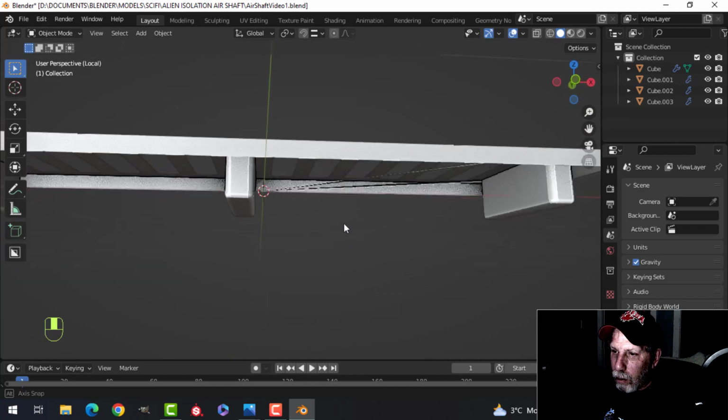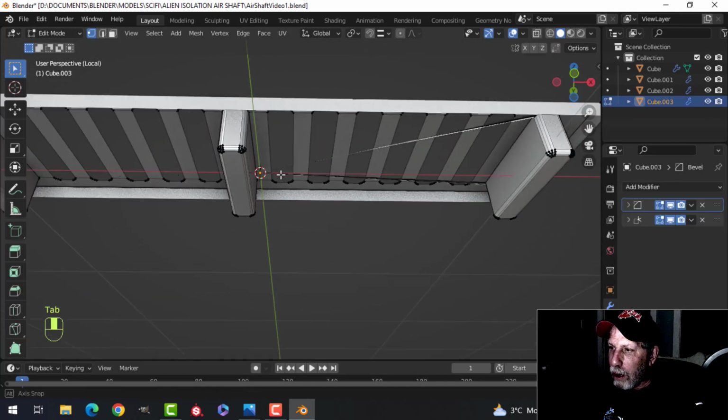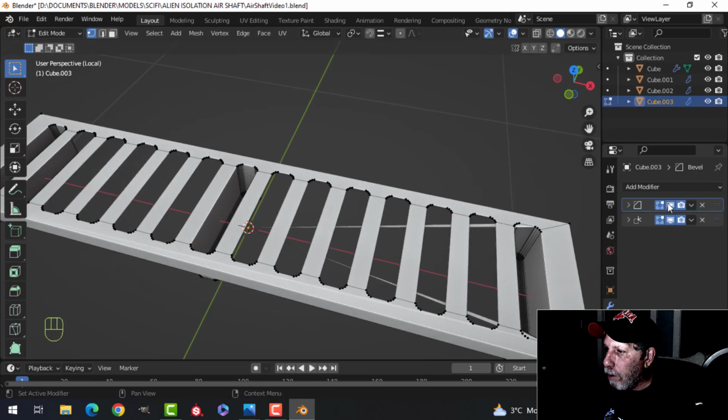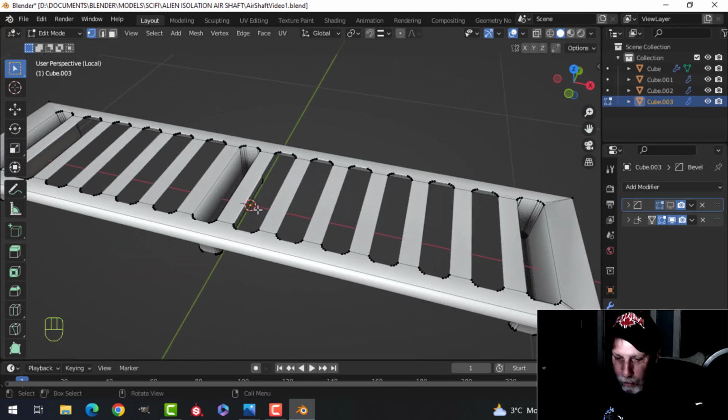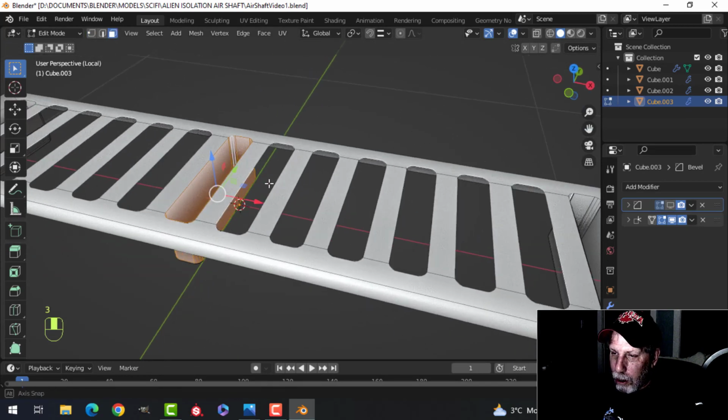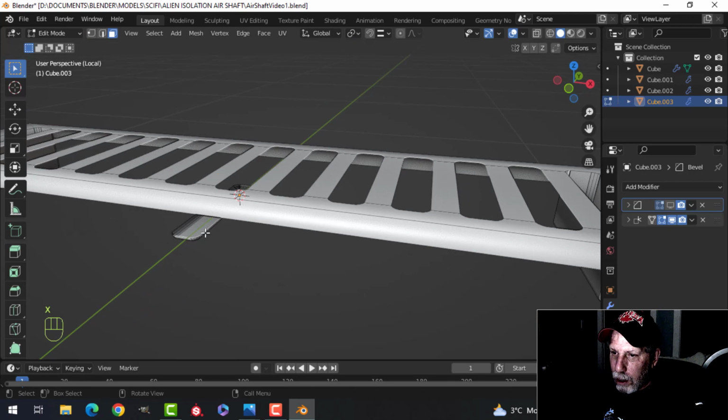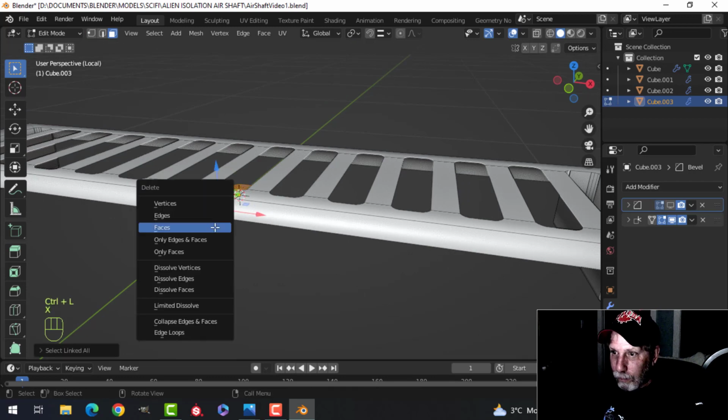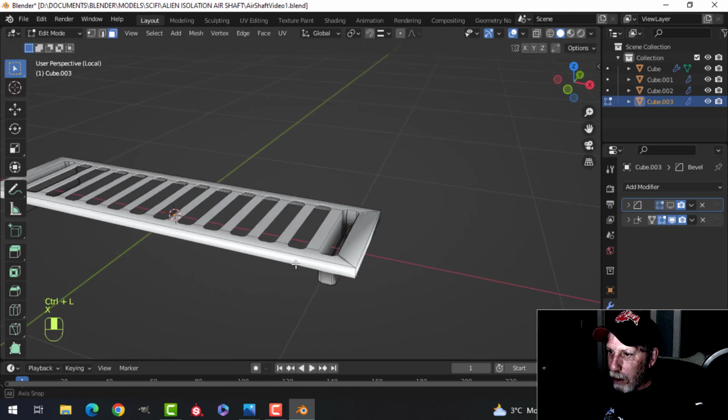We got some issues, but we can probably solve those. I don't like the way, now that's probably just the bevel going nuts. Didn't like the way that happened, but I'm going to select these and delete those faces. Control. That was a little messy. It is messy anyhow, but